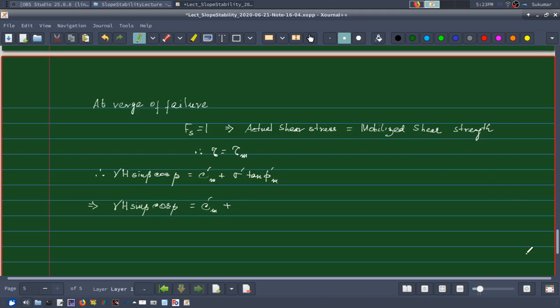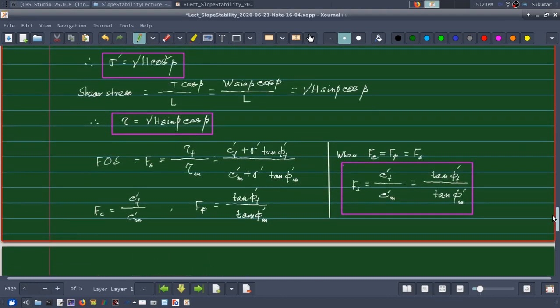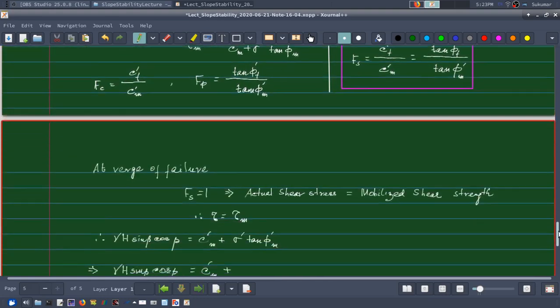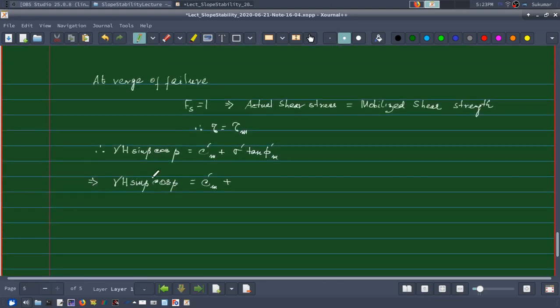Sigma was gamma h cos square beta, I think. Yes, gamma h cos square beta. So gamma h cos square beta into tan phi dash m,